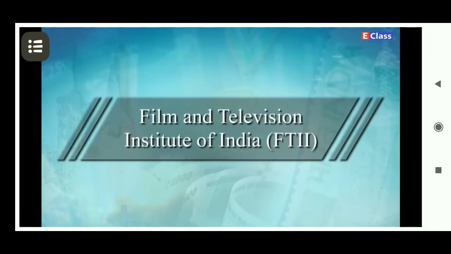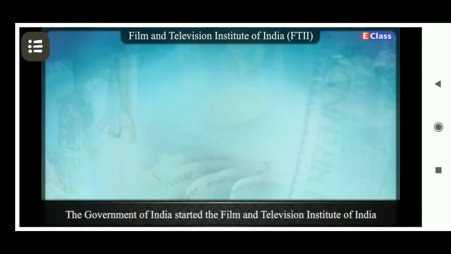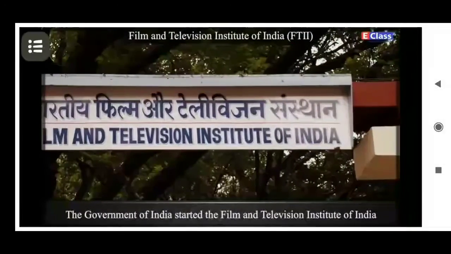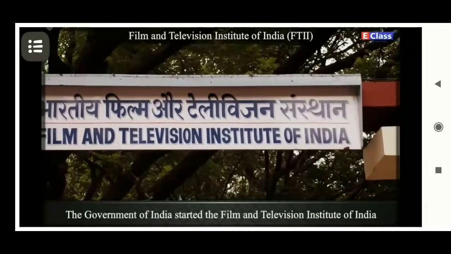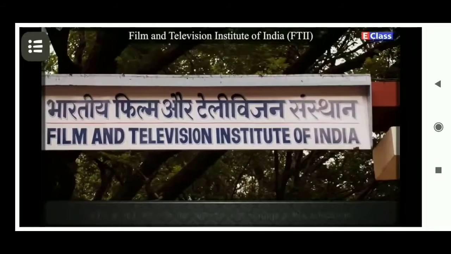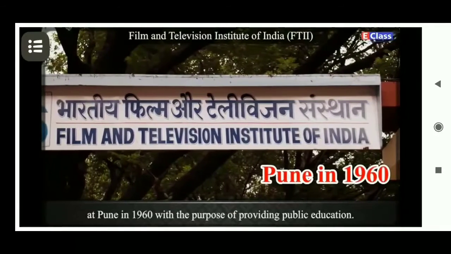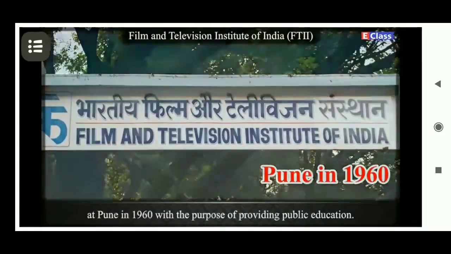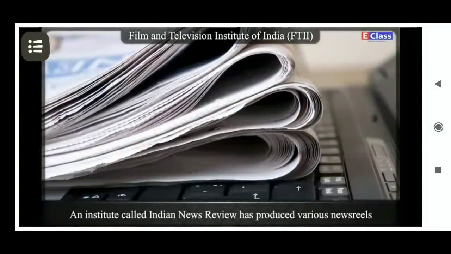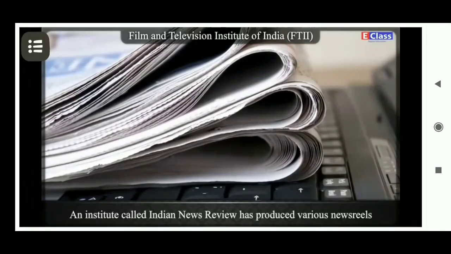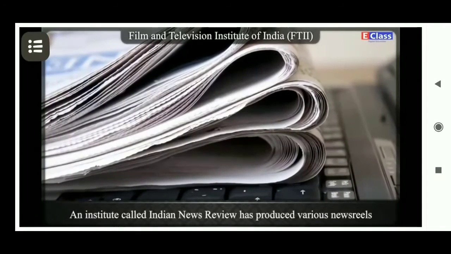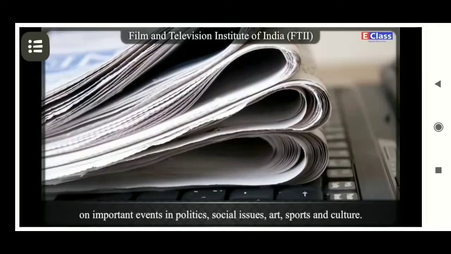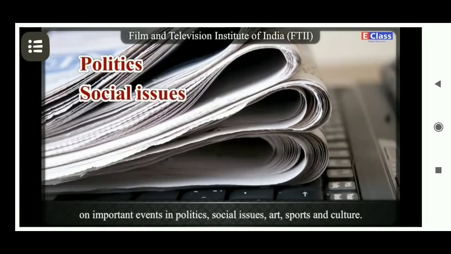Film and Television Institute of India, FTII. The Government of India started the Film and Television Institute of India at Pune in 1960 with the purpose of providing public education. An institute called Indian News Review has produced various newsreels on important events in politics, social issues,